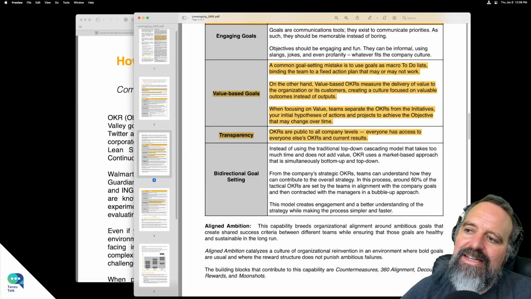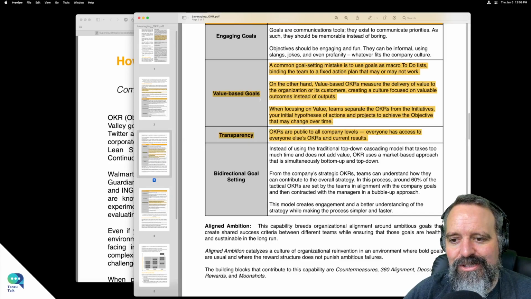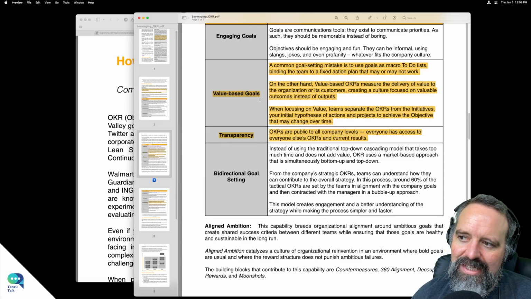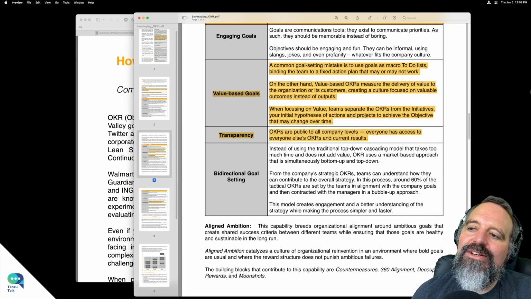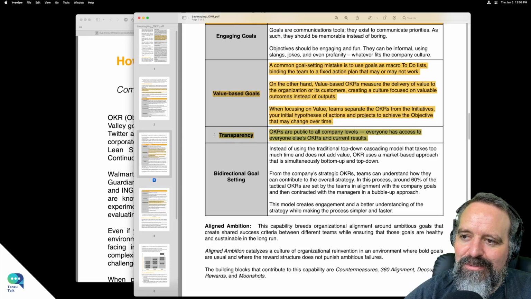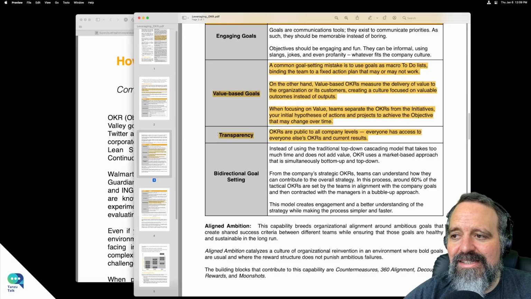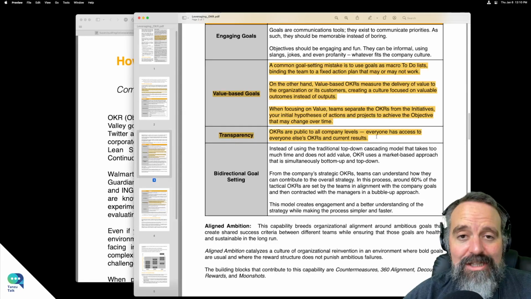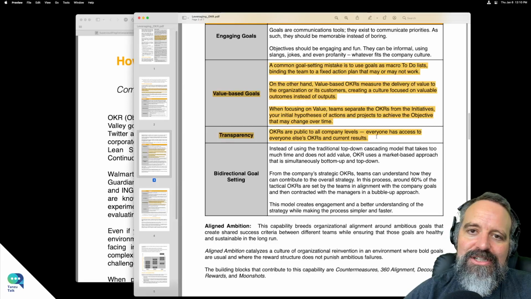So I think it's interesting, when you're putting together your goals, to think about the outcome that you want. What's the thing business-wise that you want to achieve? And here's a new, better way of doing things that I'm sure a few people do, but it's completely impractical for normal companies: this idea of transparency, which is to say that within the confines of your company, everyone knows each other's OKRs.